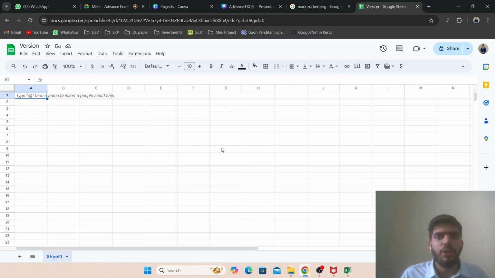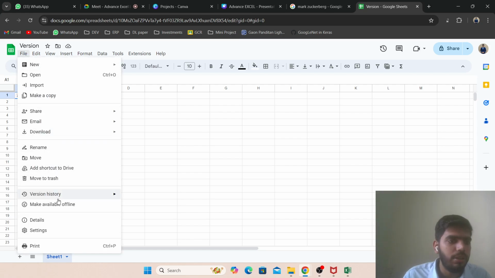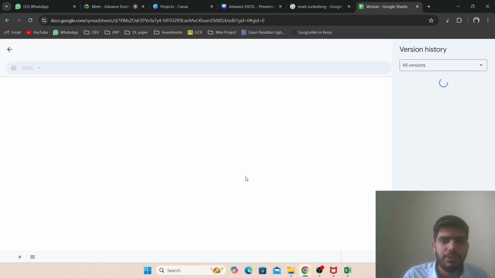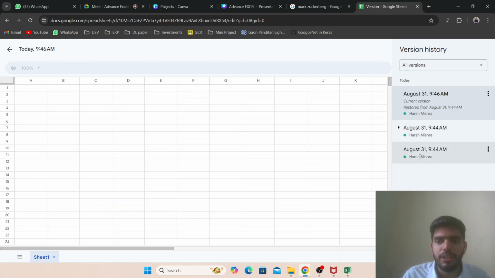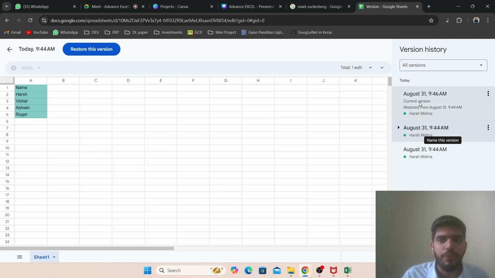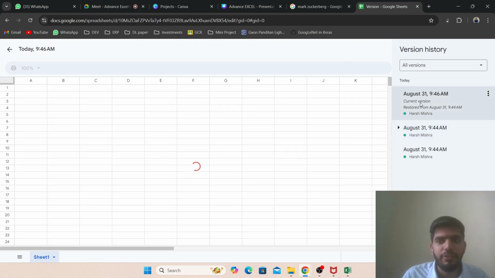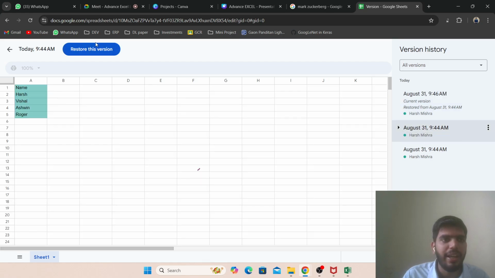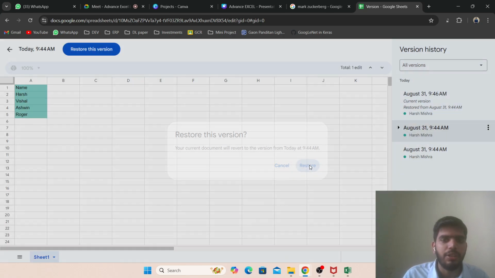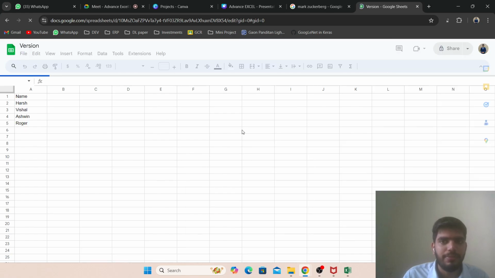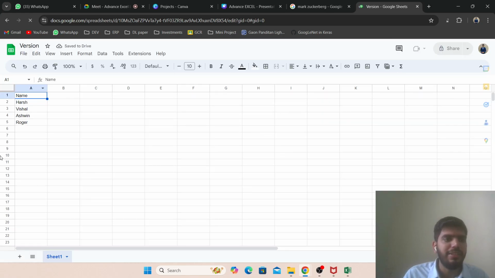Right? So do you understand what are different versions when you save? When you click on Control S, different versions are saved, and then you can go back and restore it. If I go to the version history again, I have three versions now. First was the empty one, second was the filled one, and again the current version is the empty one. So I can come here and restore this version. So your data is never lost. Can you understand this?